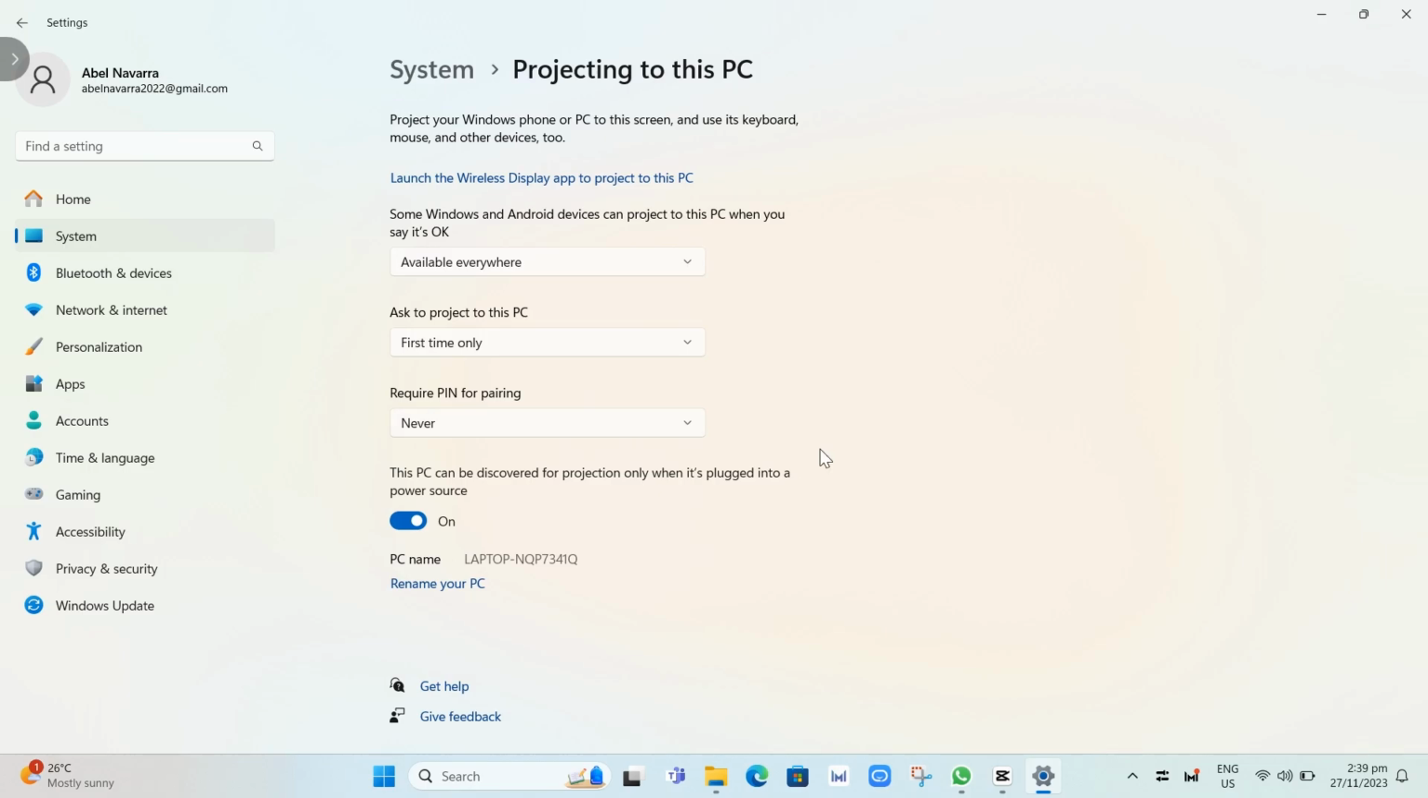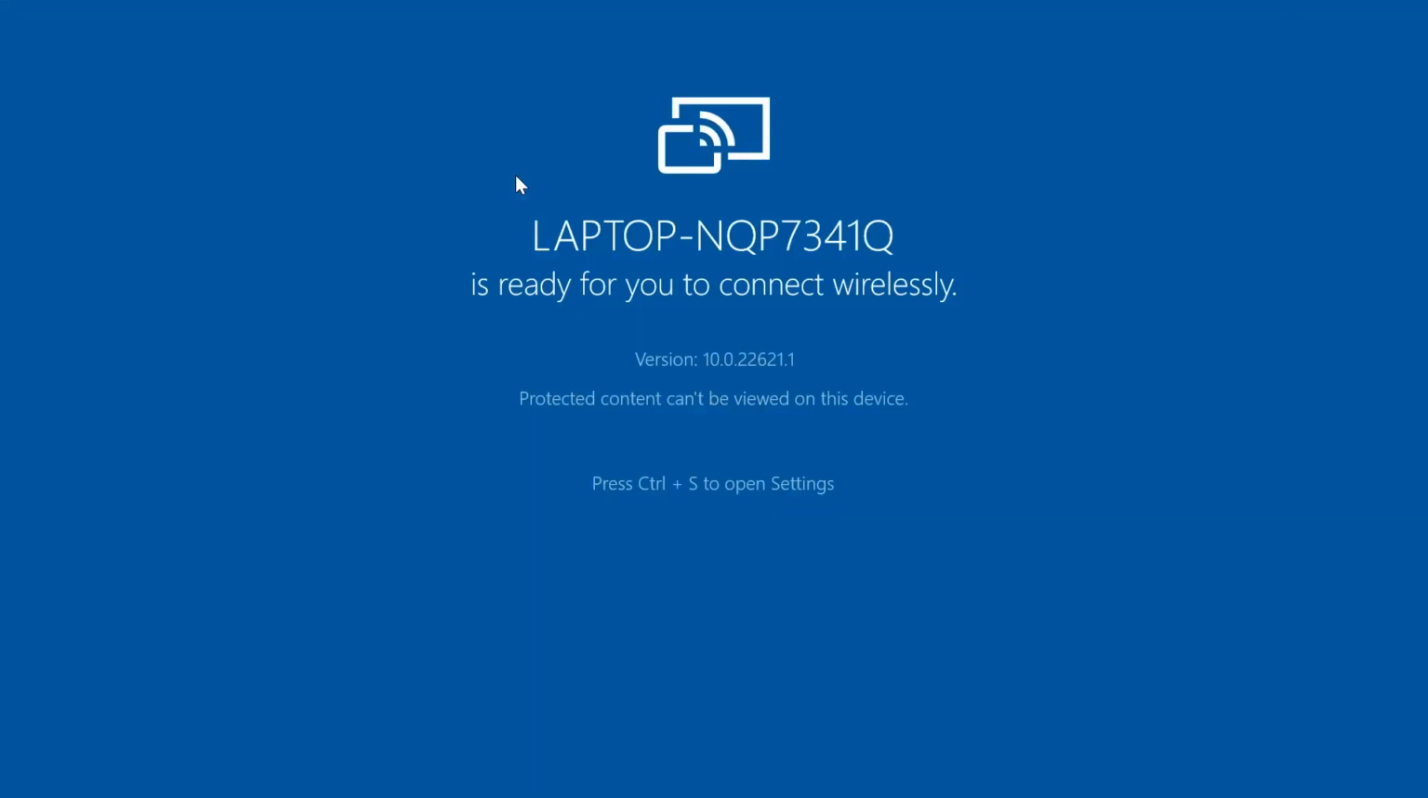Now basically you just need to make sure that you set up your system. So just need to make sure that you are here on available everywhere, and here to ask the project to this PC, click on first time only, and here require pin for pairing, click on never, and just enable this button right here. What you're going to do next is click on the launch the wireless display app, and basically